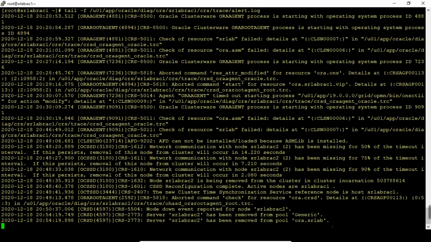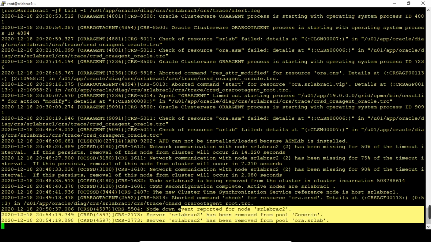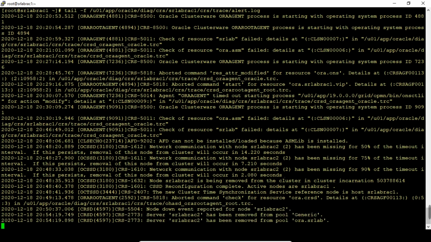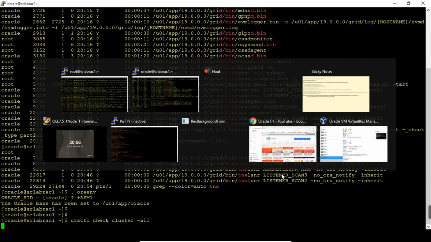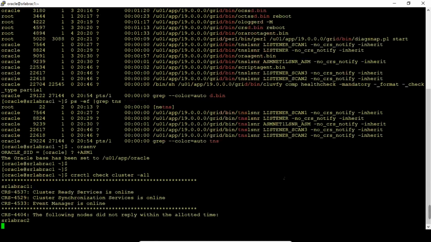You can observe one thing, what we discussed already. As I said earlier, the name will be the same, SR lab underscore 2, if you perform a failover, meaning a server crash or the CRS cluster crashing or going abruptly down.